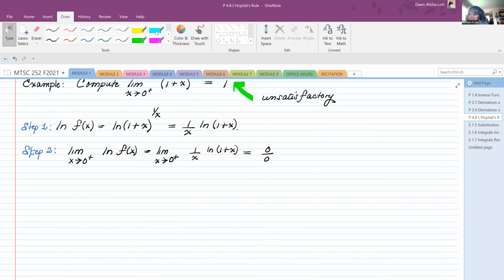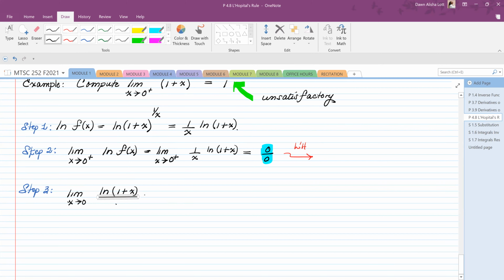And yay, I now have 0 over 0. I didn't start off with 0 over 0. I started off with 1 to the infinity. 1 to the infinity did not make me happy. Okay, so therefore now I'm going to invoke L'Hopital's rule because I can. And I get that the limit, oh, this is step 3. The limit as x approaches 0 of the natural log of 1 plus x divided by